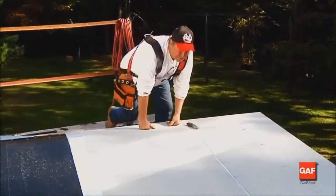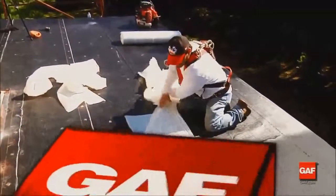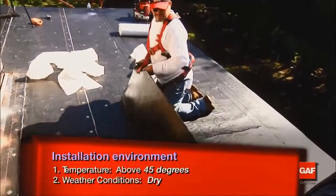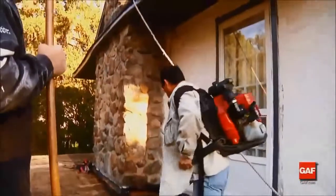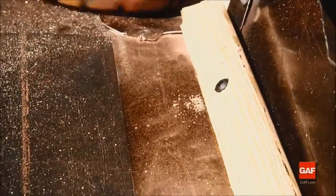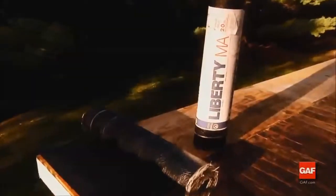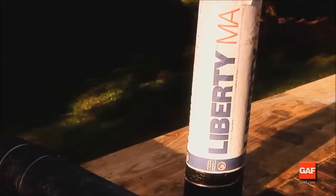To ensure proper adhesion of any Liberty self-adhered system, it must be installed when the weather is dry and 45 degrees Fahrenheit or higher. The substrate for the Liberty system must be clean and dry. All penetration curbs, perimeter, cants, nailers, etc. must be in place. We will now look at the installation of a Liberty system installed over an uninsulated wood